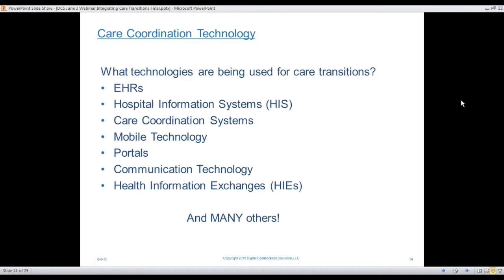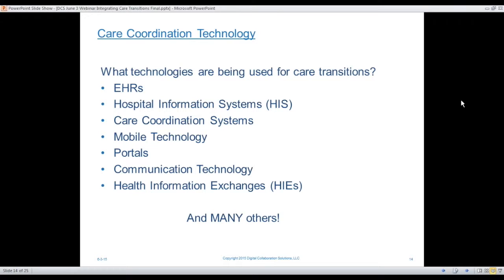Well, the next area of our balanced performance approach is technology. And there are so many technologies that you can use in care coordination and care transitions today. And you need to inventory what you have, and you need to understand which new technologies are coming out so that you can use them optimally. And first is recognize the many types of technologies. Electronic health records and related hospital information systems are certainly a core clinical system that we're increasingly trying to use